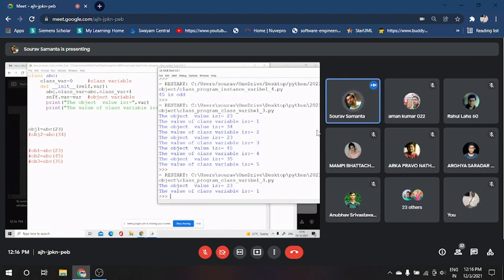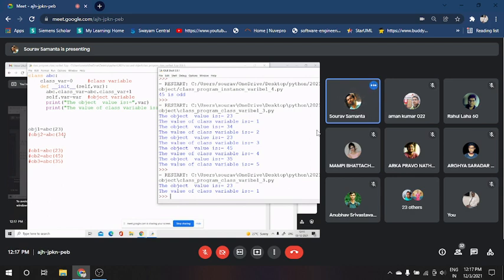Whereas come to the second one, self dot var equal to var. What is var here? Var is actually the value which we have passed to the abc within the abc function call, method call. So 23.